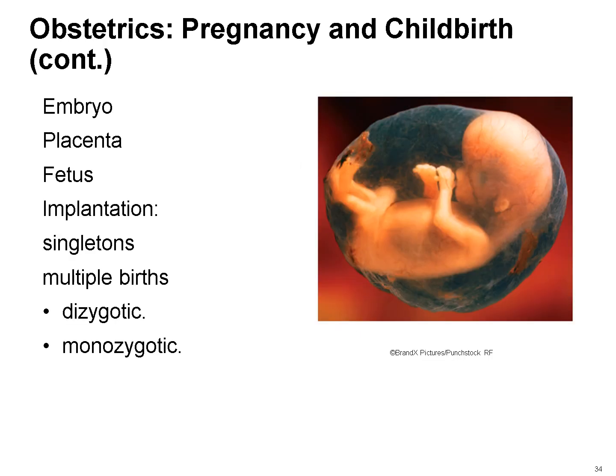Pregnancy is a fascinating journey of development, marked by distinct stages and remarkable milestones. Let's use the figure to explore these stages, focusing on the embryo, placenta, and fetus, as well as the process of implantation. The embryonic stage lasts from the 2nd to 8th weeks of gestation, during which the foundation for all major organs and body systems is established. By around 4 weeks of gestation, the embryo begins forming the brain, spinal cord, and an early beating heart.